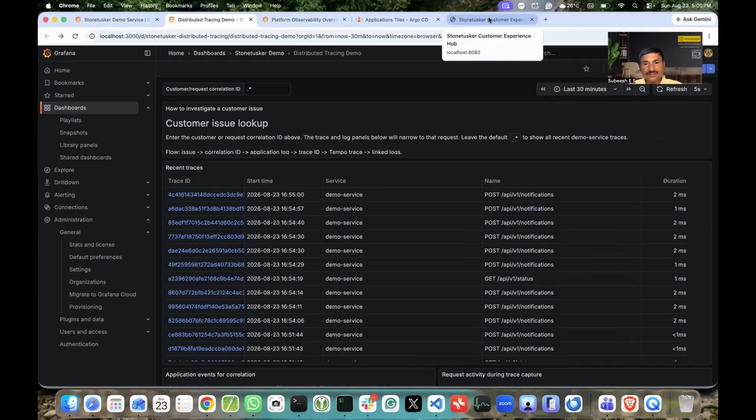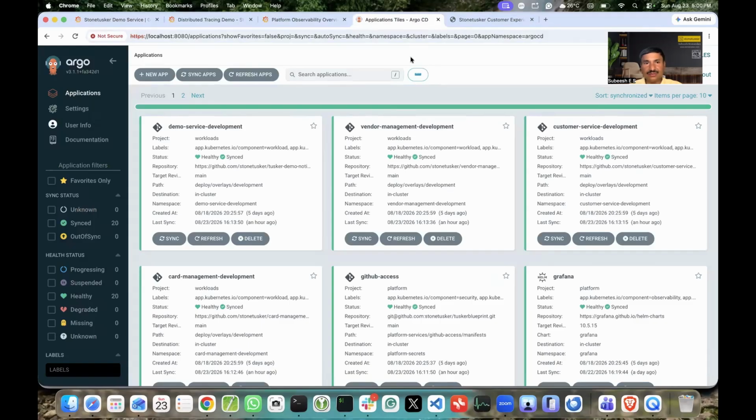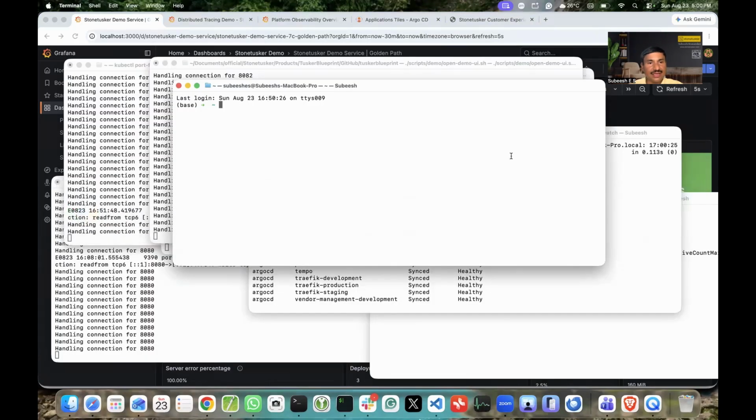Now coming to creating latency. And then finally, I'll show you one real use case where there is a customer problem and how we were able to tackle that and find out where the issue was happening. So next, what I'm going to introduce is creating latency intentionally. And now let me